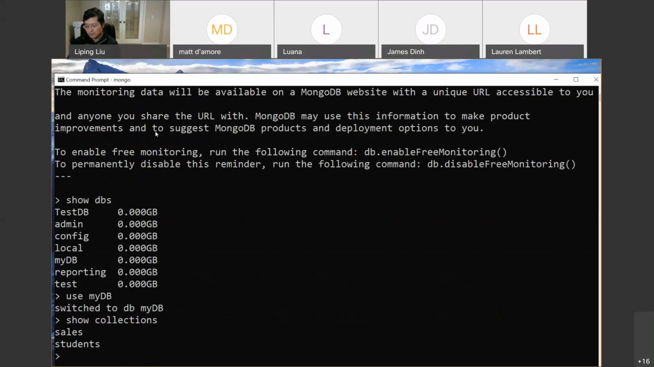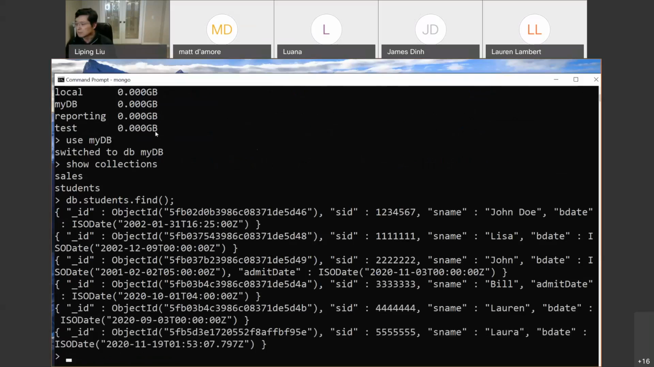So let me try and see what data are available for the students collection. So db.students.find, and then we have quite a few students listed in there. Anything special we can use? Probably not. So we learned how to do